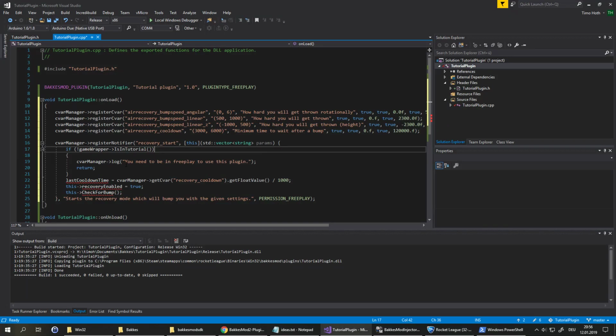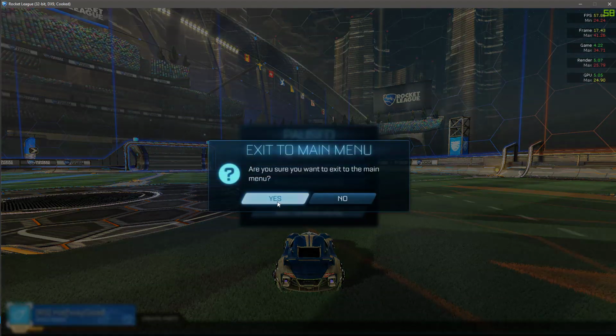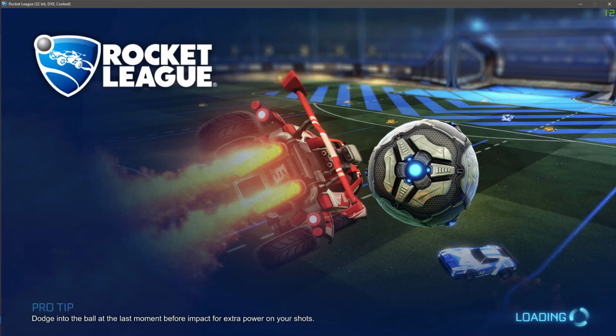Let me pause this. And yeah, we can already see right here one function we haven't talked about, logging. So you can already see that we are using the cVar manager a lot. And we can also use it to log something to the console. If the player is not in tutorial and he calls the command recovery start, it's going to log to the console: you need to be in free play to use this plugin. And we can check that this actually works